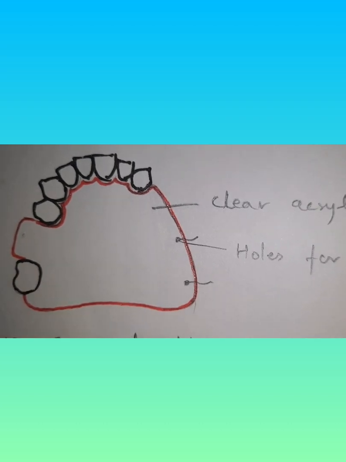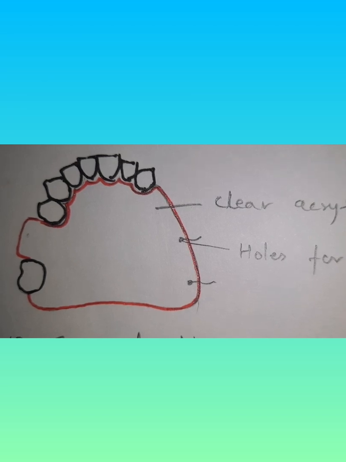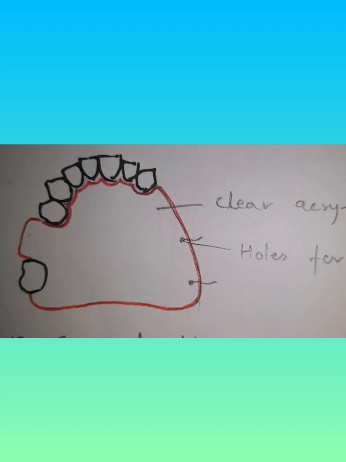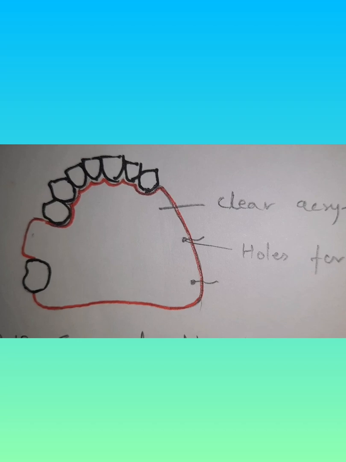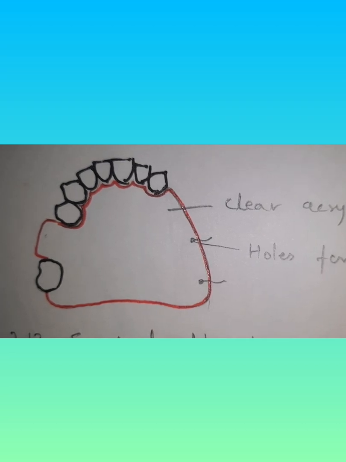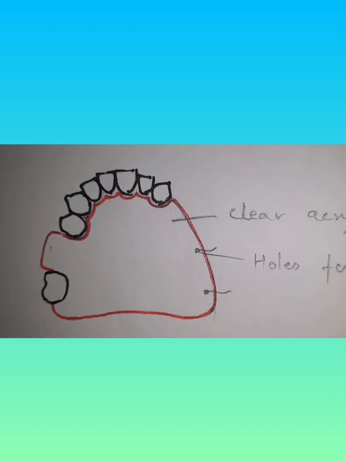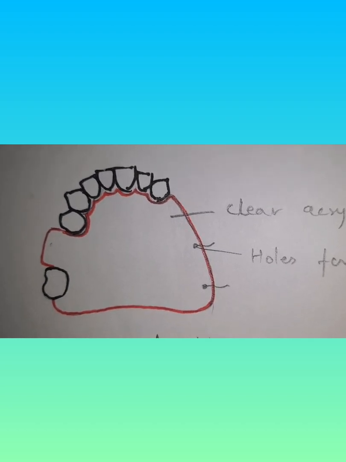So what are the advantages of a surgical obturator? First, it provides the matrix on which the surgical packing can be placed immediately after the surgery. Secondly, it reduces the oral contamination of the wound during the post-surgical period. Thirdly, it aids in speech and deglutition. Fourthly, it reduces the psychological trauma of surgery, and also it reduces the period of hospitalization, because this is very important. As surgical packing can be given, it will aid in speech, very important.